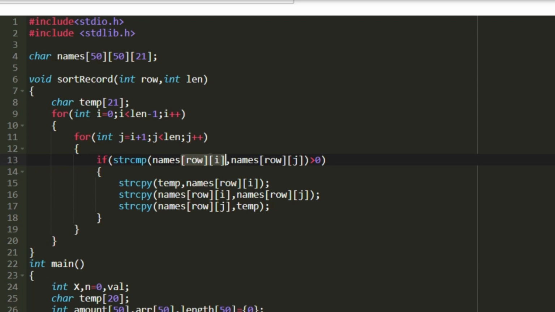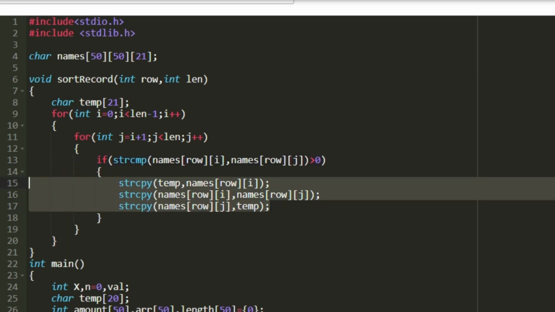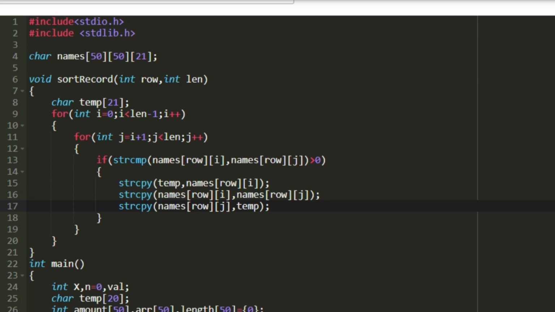So directly we can use that character array names within our user defined function. So for sorting we will be using the selection sort technique, and we will be sorting in ascending order. So while comparing we will be checking whether it is greater than 0. So our character array would be sorted in ascending order. So this is how this function sort record works.